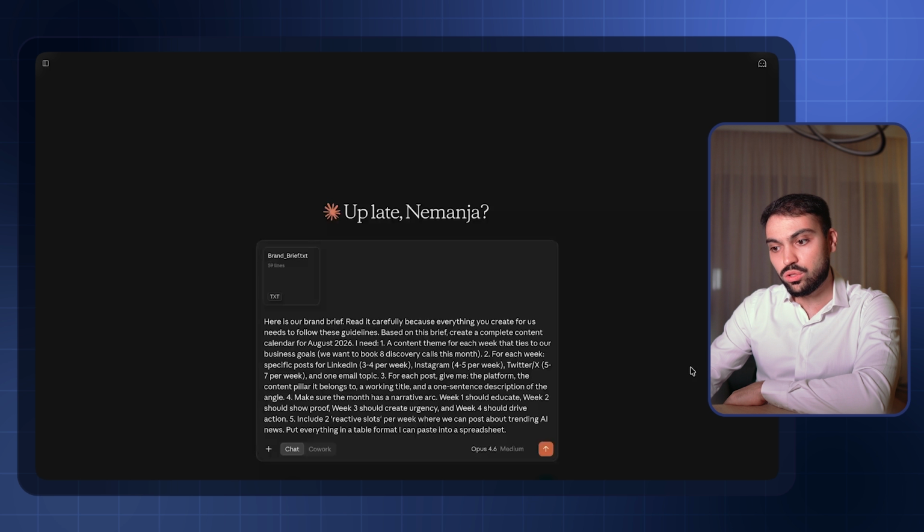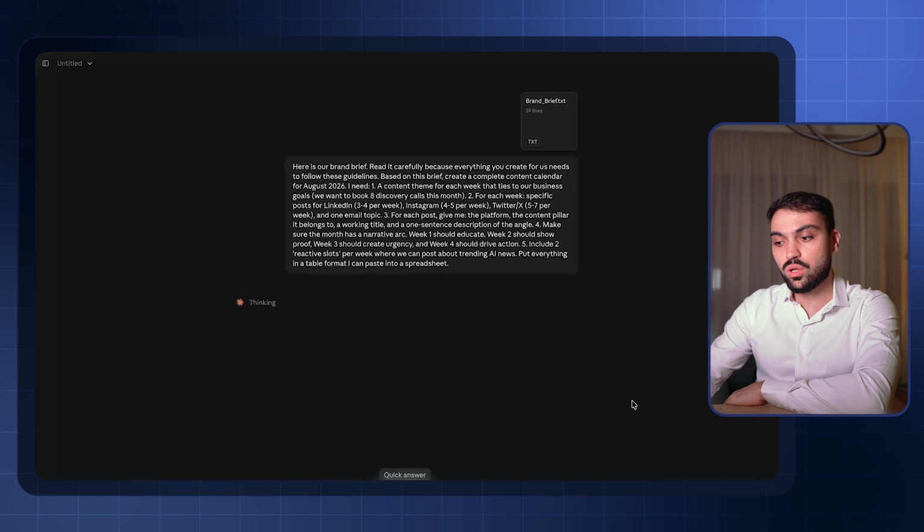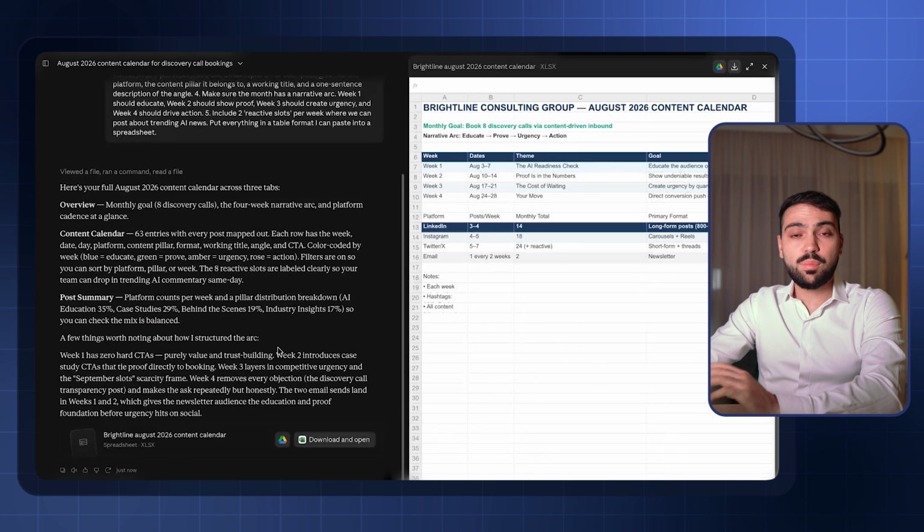Number 5, include 2 reactive slots per week where we can post about trending AI news. Put everything in a table format I can paste into a spreadsheet. We're going to use Opus 4.6 at medium effort. And about 3 minutes later, AI responded to us with an XLSX file, so I'm just going to open it